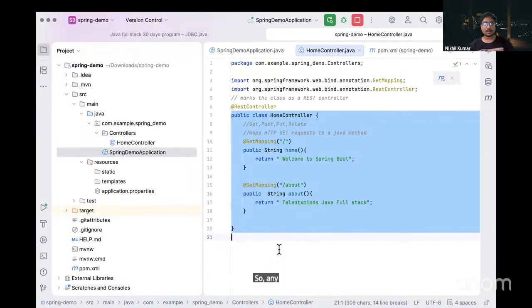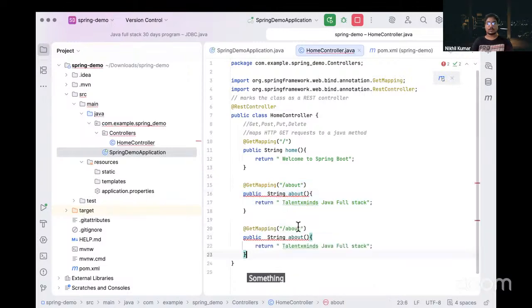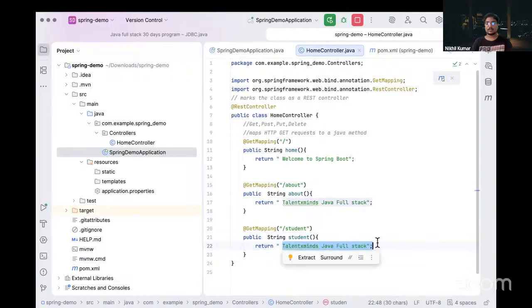So any doubt here? What we can do is, if we write something, instead of about, I will write student, and here create a new function. Instead of it, I can write name, Nikhil, and after that,